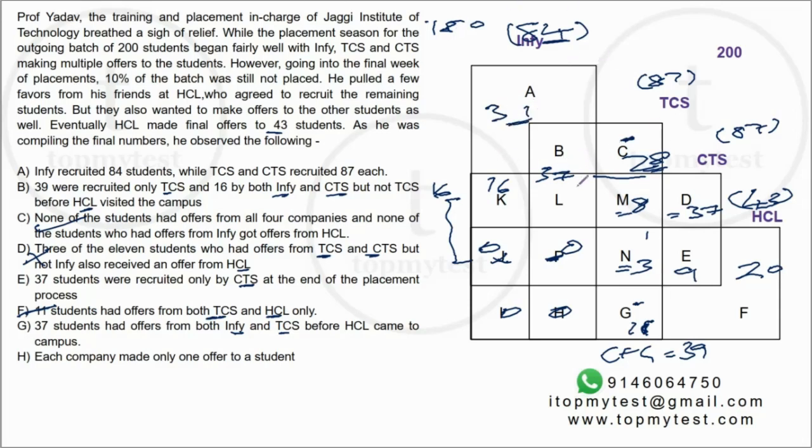Okay. Now can we split BNL? You know BNL combined is 37. Can we split them individually? If we add up the total under CTS, that should come up to 87. So L is separate there. So let's add that up. 37 plus 8 is 45. 45 plus 9 is 54. 54 plus 3 is 57. Plus 16 is 73. So 87 minus 73, L should be equal to 14. And B should be 37 minus 14, which is 23. So I have all the regions. I should be able to answer all the questions. Let's go to the questions one by one and try to solve them.